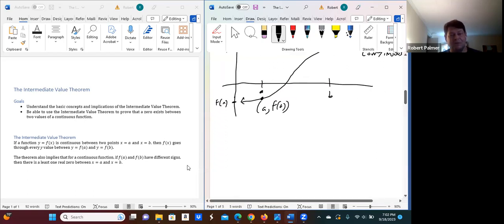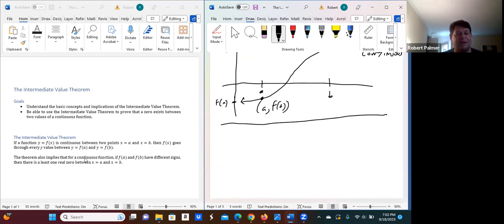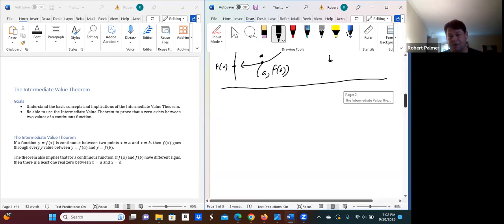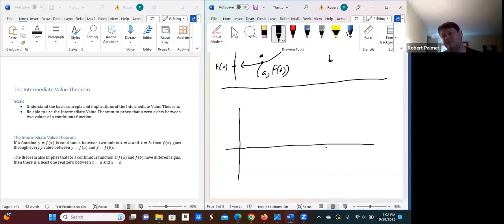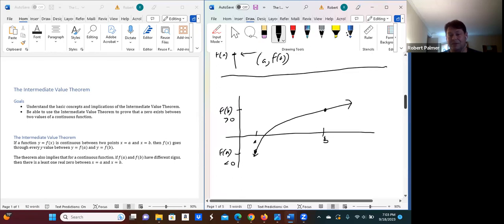Now, let's talk about how we can use this. The second statement below says the theorem also implies that for a continuous function f, if f of A and f of B have different signs, then there's at least one real zero between x equals A and x equals B. So let's draw basically the same picture again. This is our function, a different function, but that's okay. Let's say this is A, and this y value here is f of A, and this is B. This y value here is f of B. Well, clearly f of A, since it's below the x-axis, is less than 0. It's negative. F of B, since it's above the x-axis, that y value is positive. It's greater than 0. Okay, so what that says is, since this is continuous,